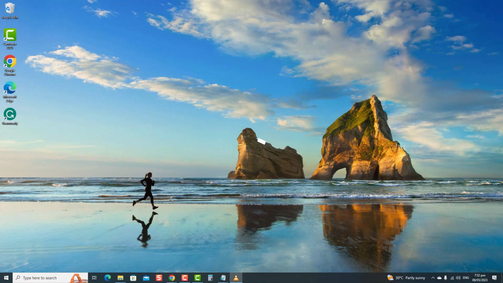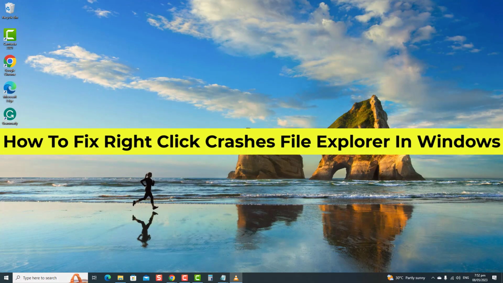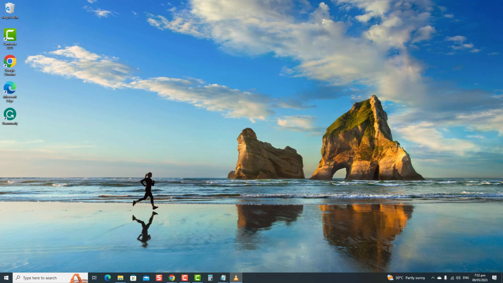How to fix right-click crashes File Explorer in Windows. In this video, we'll guide you through various troubleshooting steps, including running SFC and DISM commands, clearing the File Explorer cache, and modifying settings to improve stability. Following these simple steps, you can resolve performance problems and prevent crashes, ensuring a smooth and efficient experience when using